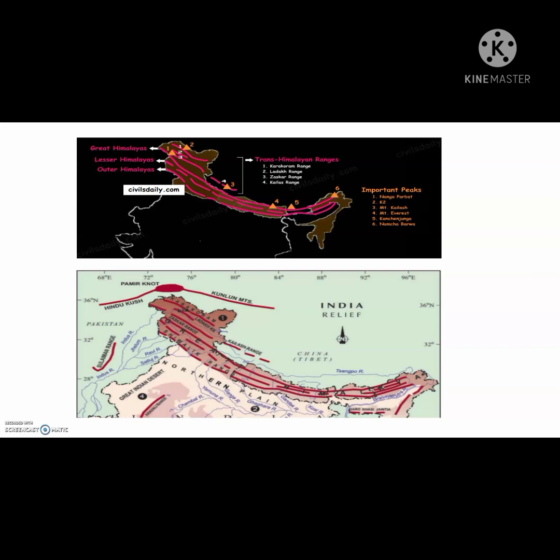The slowly rising Himalayas in this path are called Purvanchal. Eastern extensions of Himalayas are Purvanchal or Patkai. These are located in Arunachal Pradesh, Manipur, Mizoram and Meghalaya. Purvanchal is also called by different names. In Mizoram it is called Mizo Hills. In Nagaland it is called Naga Hills. In Meghalaya it is called Khasi, Garo, Jaintia Hills.